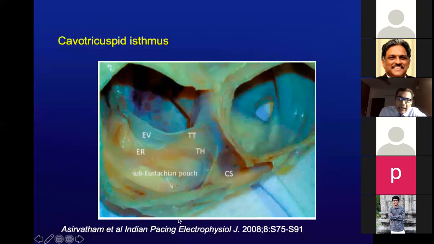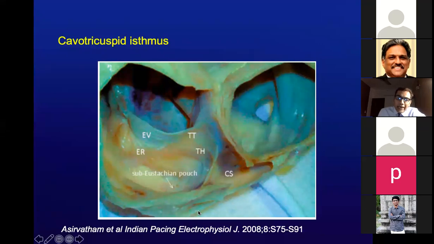So this area is an important part for the arrhythmia called typical flutter. I'm sure all of you have heard of it, and we discussed counterclockwise flutter and clockwise flutter. So this is the region that supports that particular arrhythmia. This flutter keeps on electrically moving around the tricuspid valve round and round. The typical one goes anti-clockwise like this, and the atypical one goes clockwise like this. And how do you manage it?